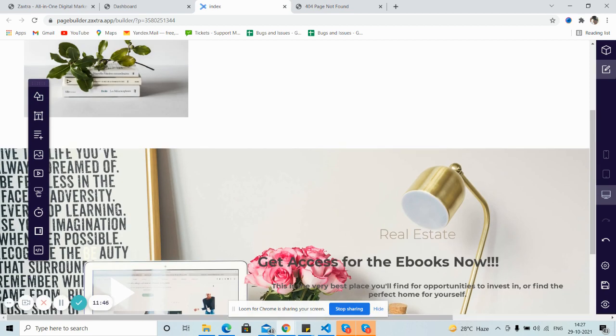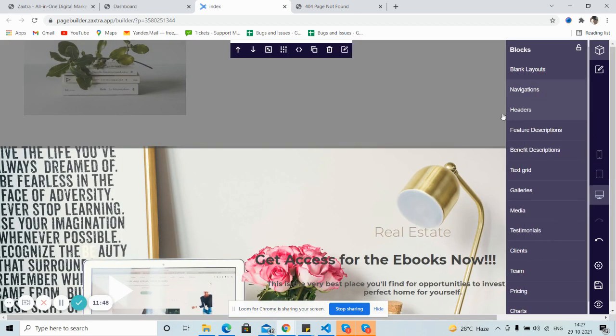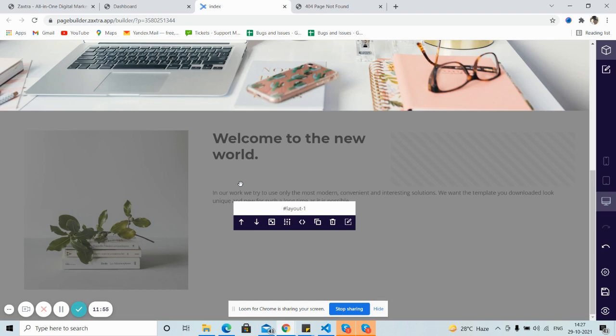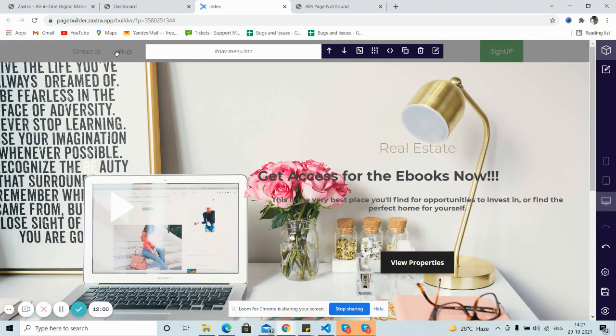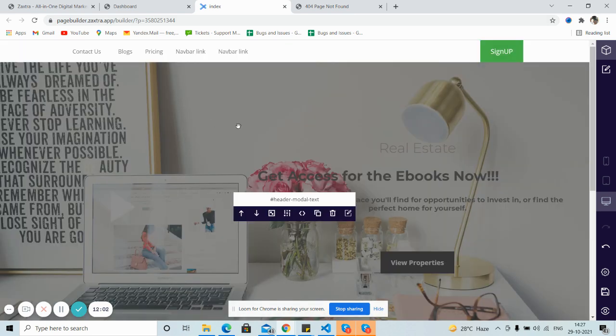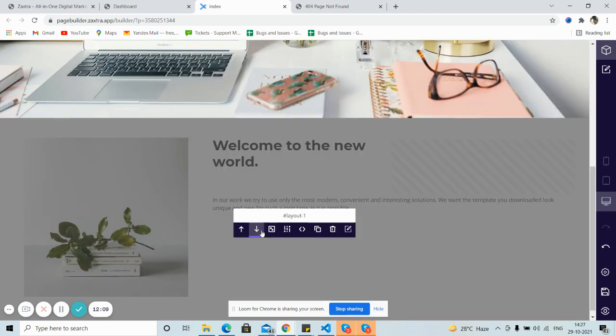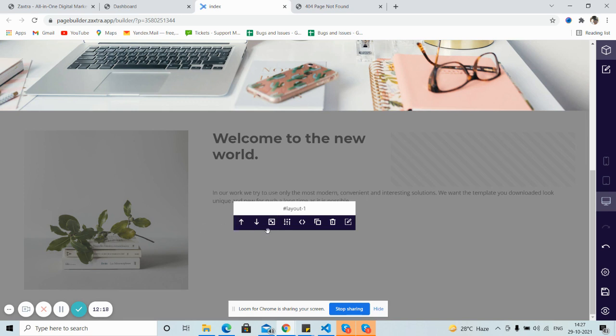And if you want to move a block from one place to another, just select a block. Like this block, I want to move it up. So I'll just click on this up arrow and the block will be added on top of the other one. See, so first it was navigation, second now this customized text which you have created just now, and third which we have created earlier. Okay, so now we'll start changing the layout of any block which we have added.